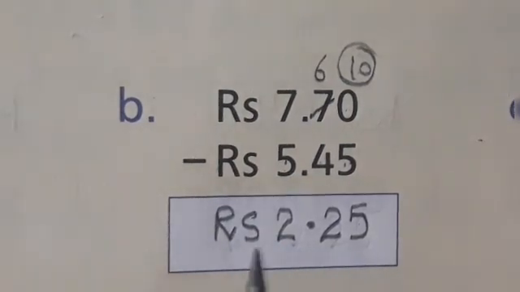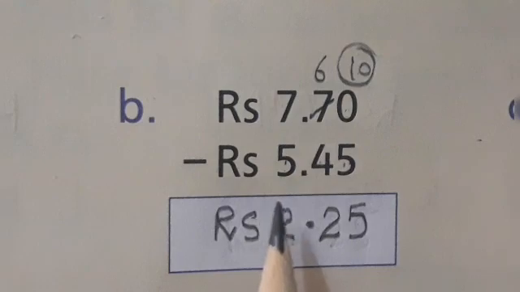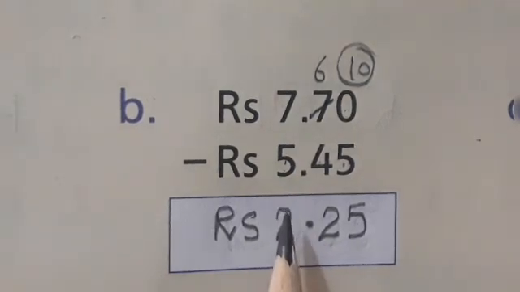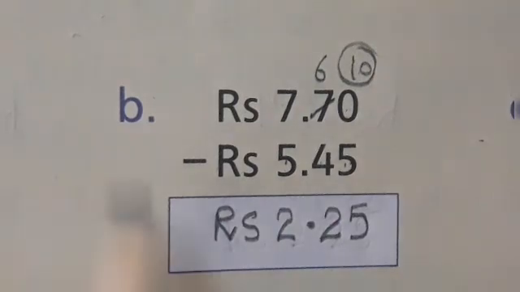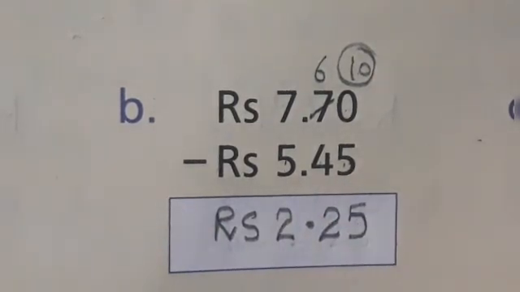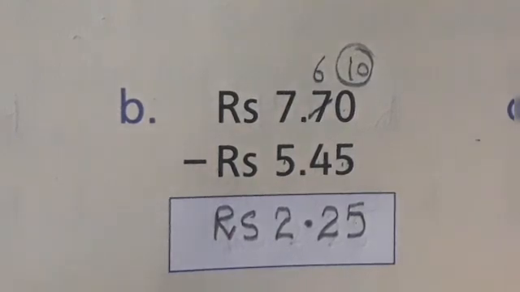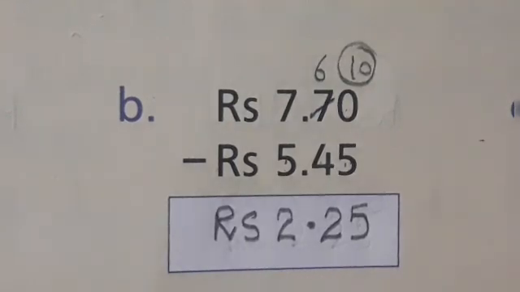Okay, beta. I hope you understand these subtraction questions. So remaining questions I'm giving you for homework. So do part C, D, E and F. Okay, because there are only A to F parts included. So remaining 4 parts you will do on your books for practice. If you have already done, then erase those questions and do them again for practice. Or you can do it on your rough notebooks also.